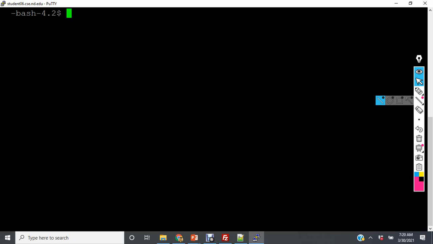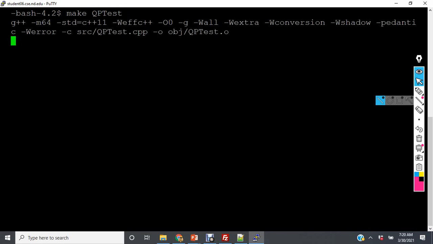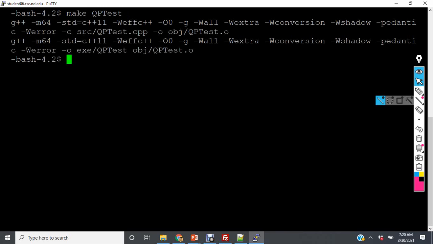In this clarifying video, I will present a run of my solution of the quadratic probe. To get this, we run make qptest, and that is the compilation that should result. So if we run the executable, as I explained in the previous video, there are instances in which a quadratic probe and a linear probe should